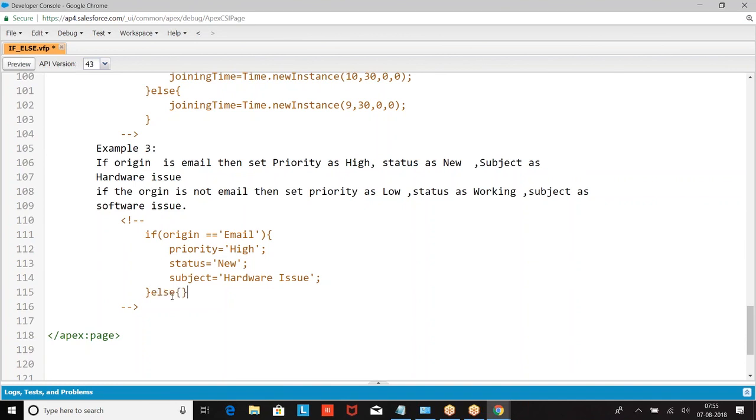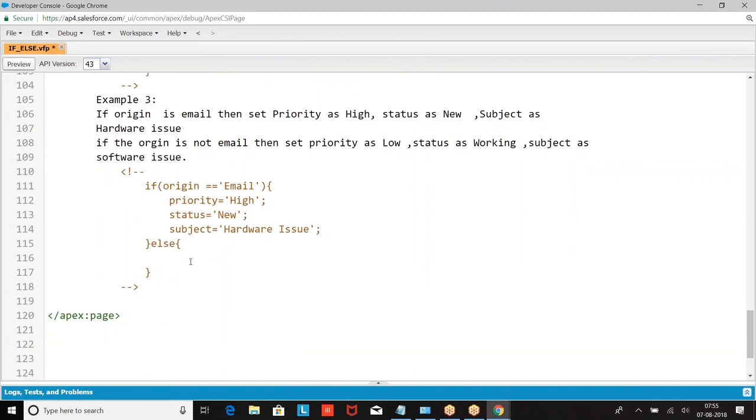Else, if it is not email, priority equal to low, status equal to working, subject equal to something else.